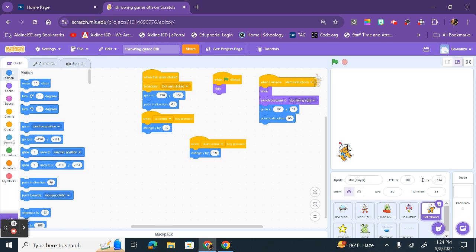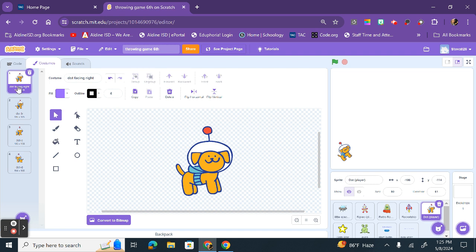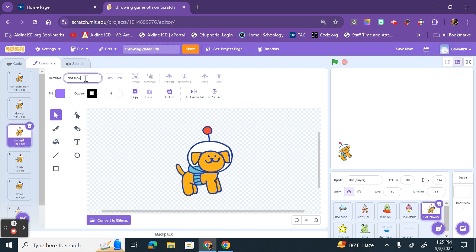All right. We're going to go with the idea Miss Dunn wants Dot to look up when he's going up, and we want him to look down when he's going down. I'm going to come to costumes. I'm going to find this one where he's straight. I'm going to duplicate it. And I am going to call this Dot up. And I'm going to do one that says Dot down. I know that sounds kind of goofy because I'm going to do it